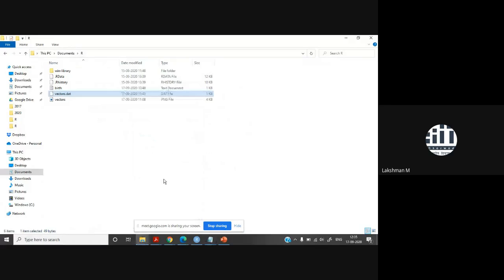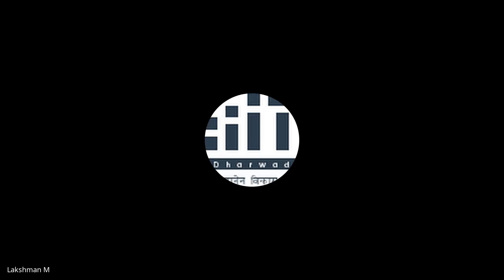Suppose I want to read this file from RStudio, in the editor. There is the read.table command. Simply I put the name of the file, vectors.dat, and if you want to look at the header, suggestions will come, so header will come.